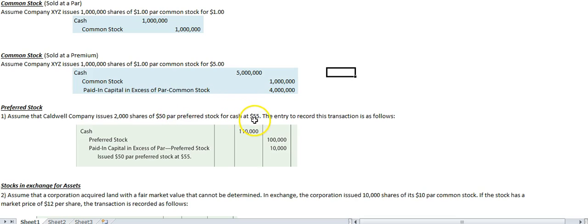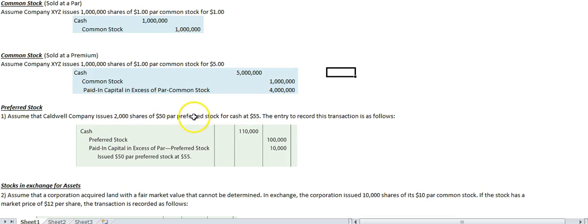But they sold it at 55, so they had a premium of $5 per share sold. So that's going to be 10,000, right? 5 times 2,000. $5 above the $50 par is 55, minus 50 is $5. So 2,000 shares is going to be 10,000. So they receive 110,000 in